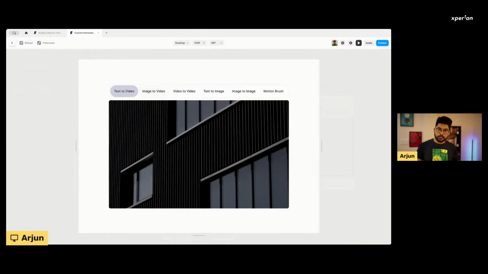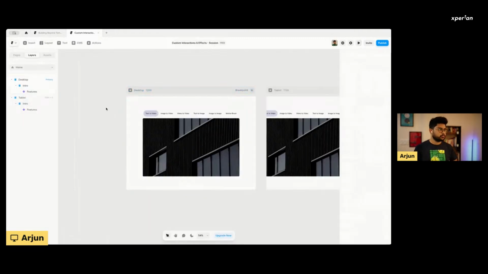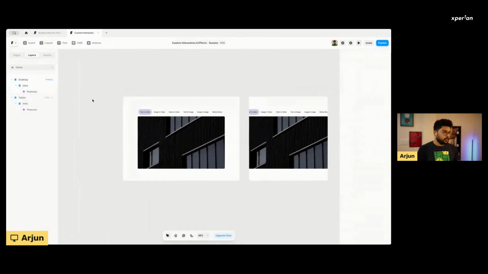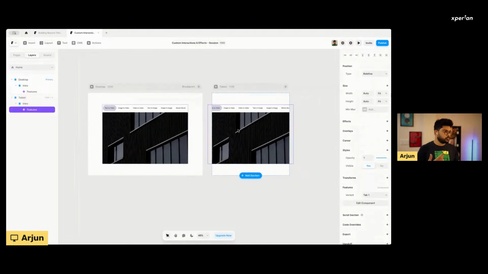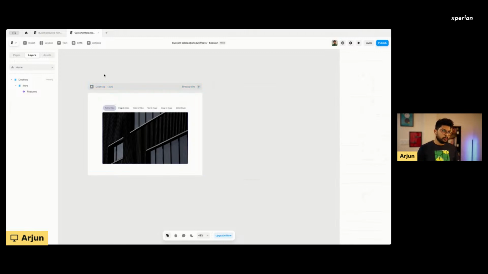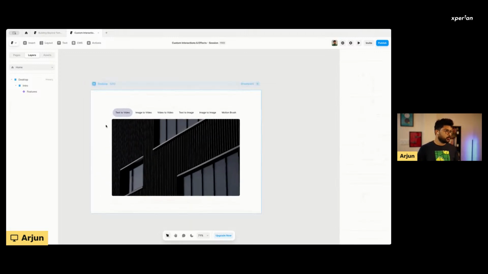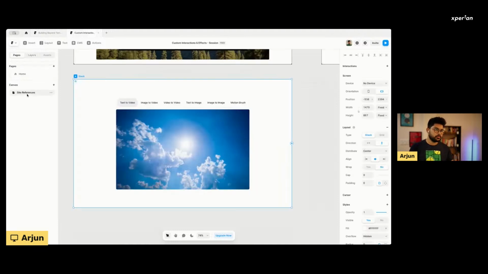Now we have a completely custom interaction that is built out of a component. This is a very simple way to build custom interactions and components. I hope you have understood. You can, of course, adjust this, make this responsive for the tablet size and for the mobile size as well. But for this live stream, you may not have the time to make all the nitty-gritty details. I'd love to actually use this time to get on to the next one, where we have